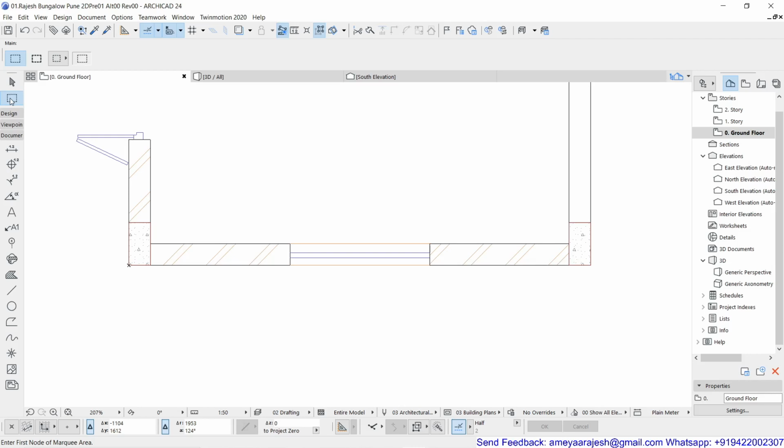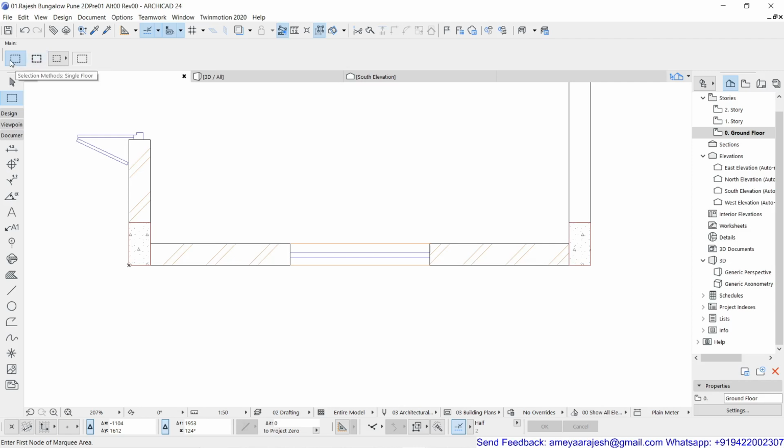Now once you take the marquee tool, make sure you are working at present with the selection method as single floor. It is immaterial whether you will be working for all floors or single floor at present because we are not working in 3D, but on the safer side, for a while you work with this first option as single floor. This is known as a single marquee, this is known as a double marquee.